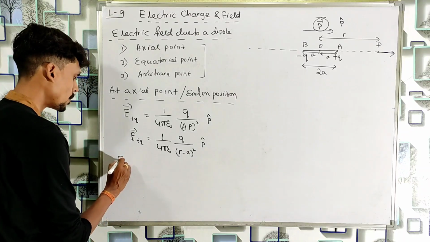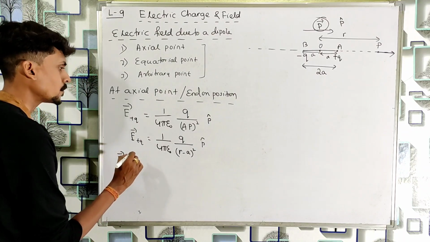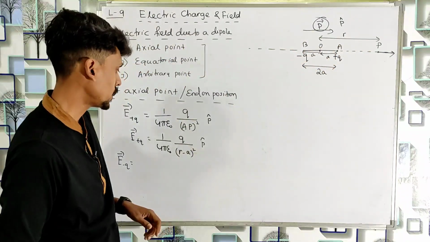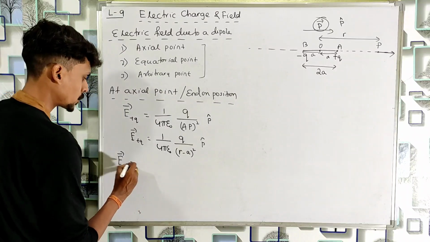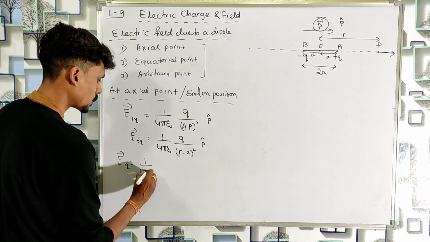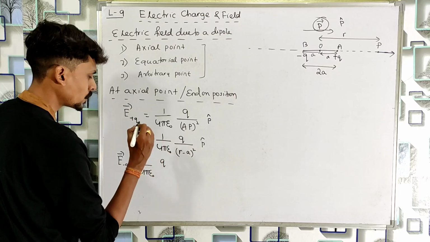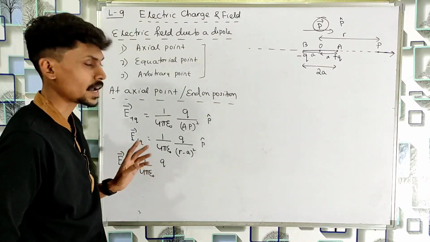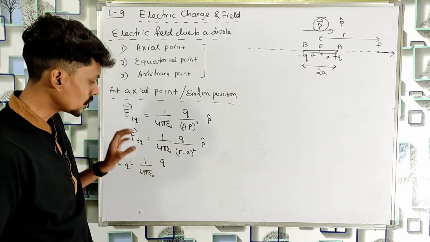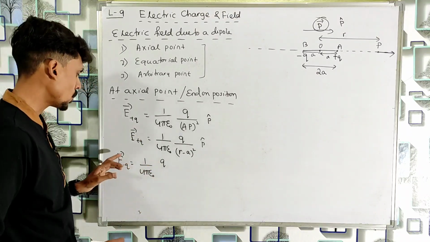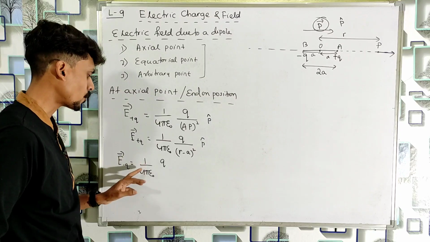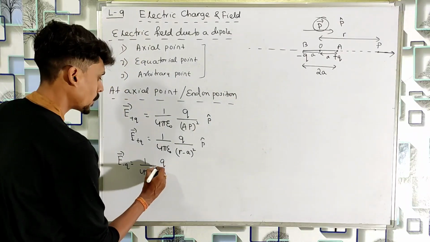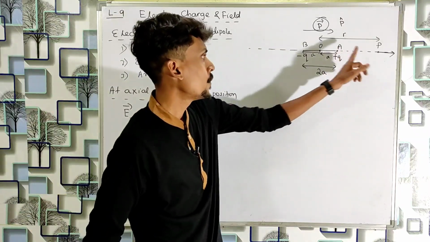Similarly, E minus Q means the electric field at the point P due to the negative charge. Again, the expression is 1 by 4 pi epsilon naught into magnitude of the charge. So while writing the magnitude of electric field, don't put the sign of the charge particle. Always put the magnitude of the charge. So E minus Q vector will be 1 by 4 pi epsilon naught, the magnitude of the negative charge is Q divided by BP